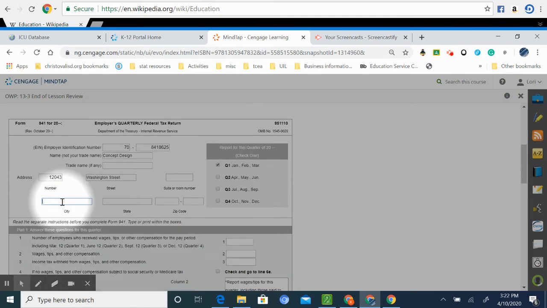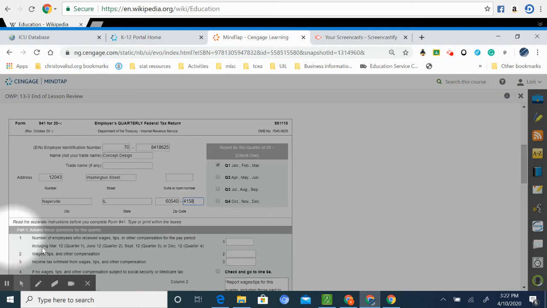And the city, that's Naperville. State was Illinois, IL. Zip code was 60540. And the dash was